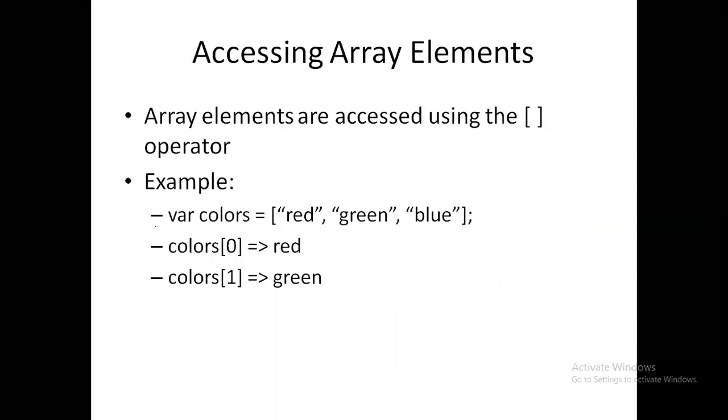So how am I going to access it? This is how you can see the example. If I want to get the value of this, I have stored red, green, and blue, and I want to know what is the value at 0. So at 0 the value is red. If I say what is the value at 1, I'm going to get green. So why am I doing like this? Because instead of storing in a single variable, I can store the values in multiple ways, because these are all string values.